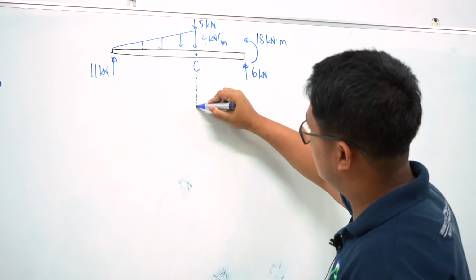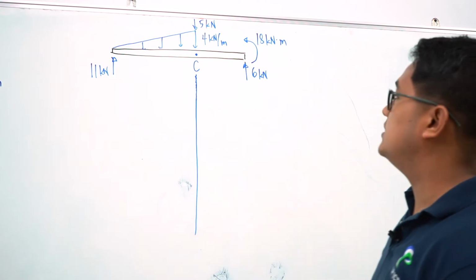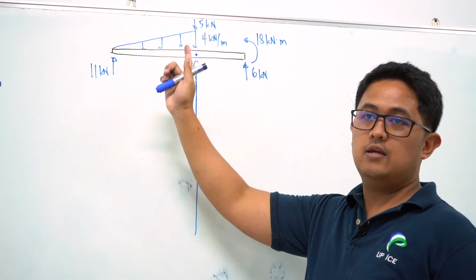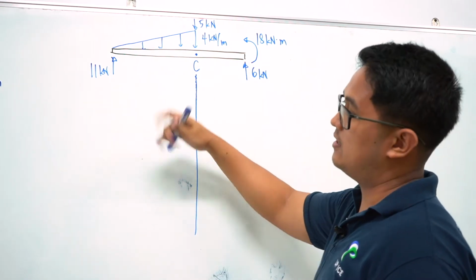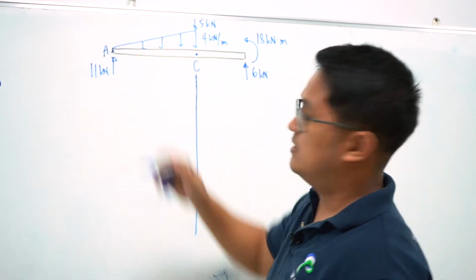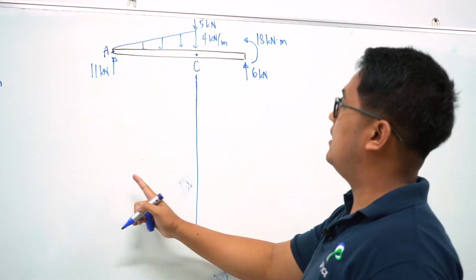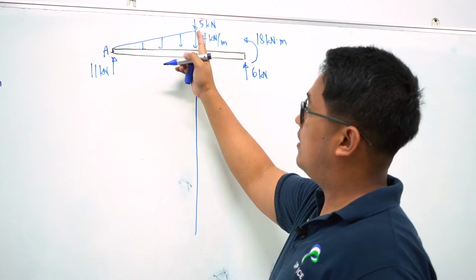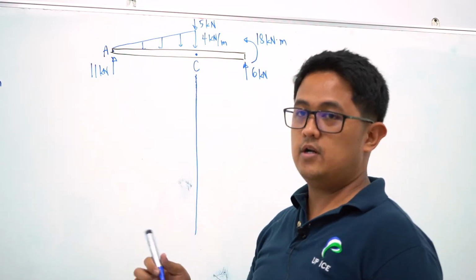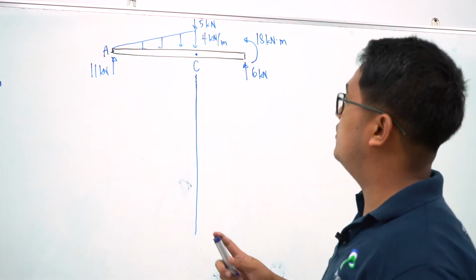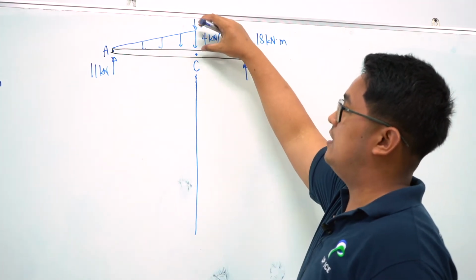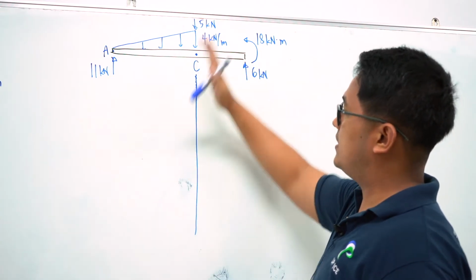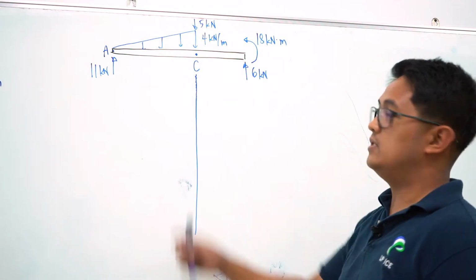So, by using point C as our reference section, we don't need to edit our triangular load. Okay? The reason for that is if we put our reference section at A, then we have to add or subtract an additional load for the condition for moment diagram by parts to work. Okay? So for triangular loads, the highest intensity load should be on the reference section. So knowing that condition, the best reference section to use is at point C, therefore.